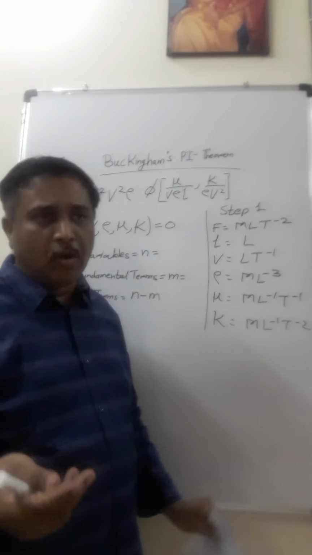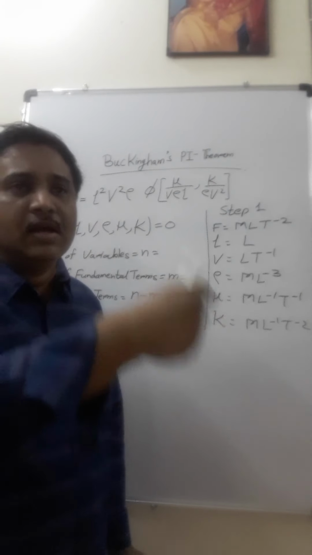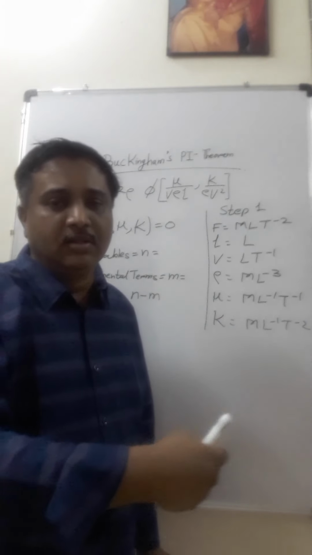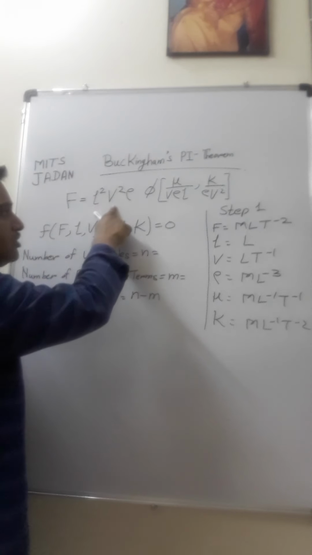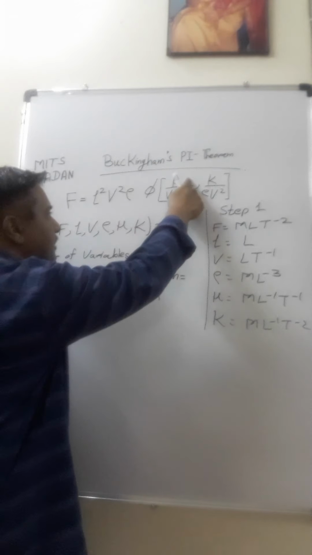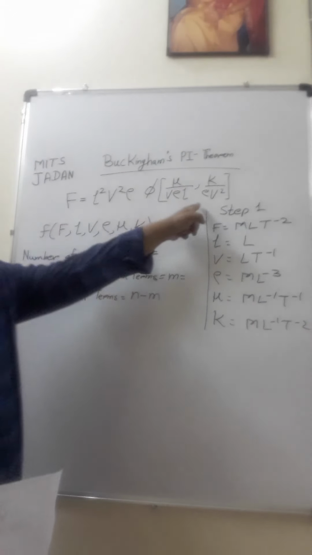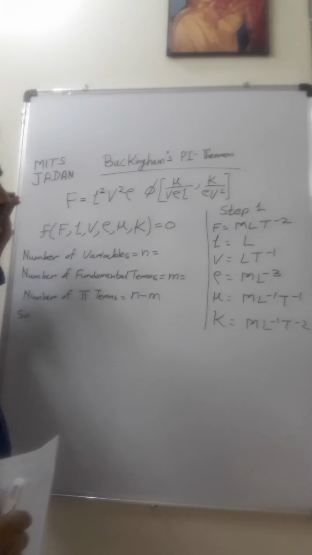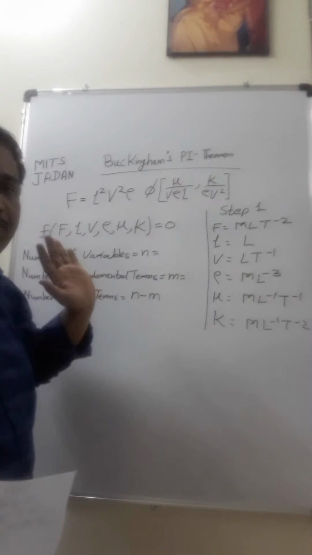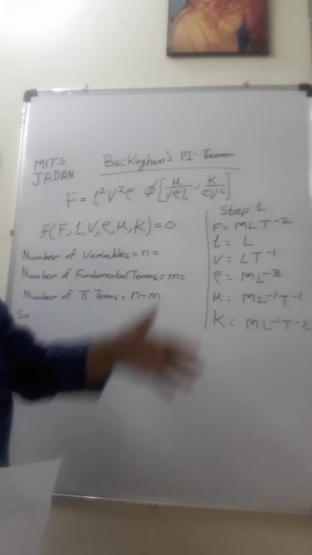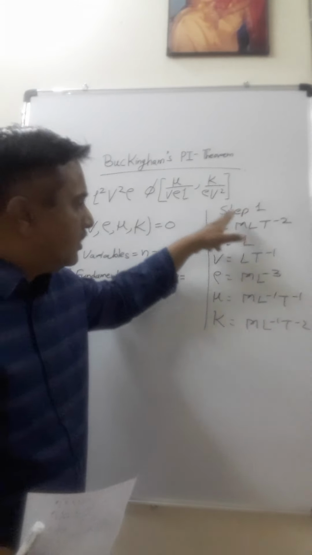So the problem is that when a supersonic aircraft is in flight, the resistance force which it experiences is a function of length, velocity, density, dynamic viscosity and bulk modulus. And we need to prove that for a supersonic flight, the resistance force is given by this expression. So as a first step, we will write the dimensions of